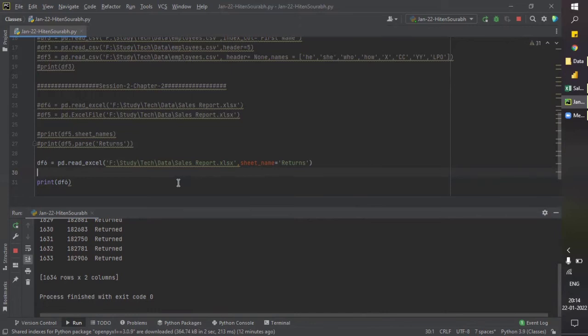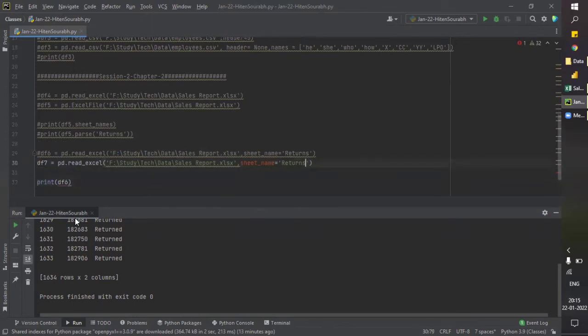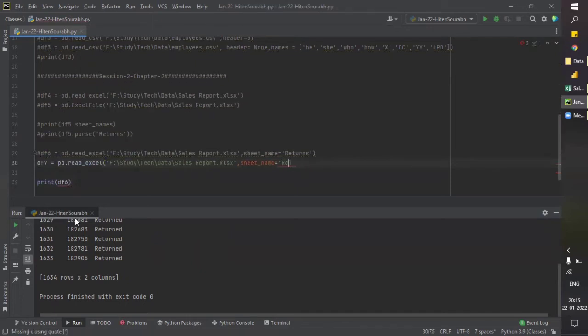Now, if we want to load the same data but we don't want to use the name of the particular sheet, then we can also do that. Let me just copy this line of code. Oh, sorry, Control Z, copy, and let's comment it and paste here. And D7, and in this we will just mention sheet name equals 0.